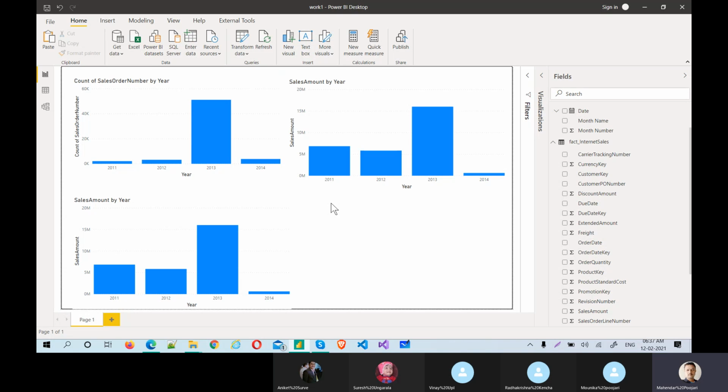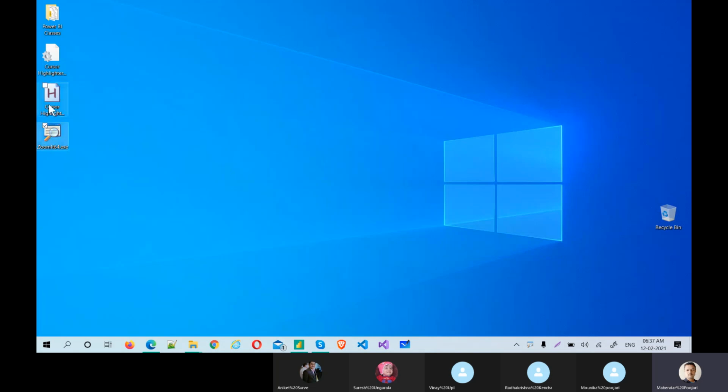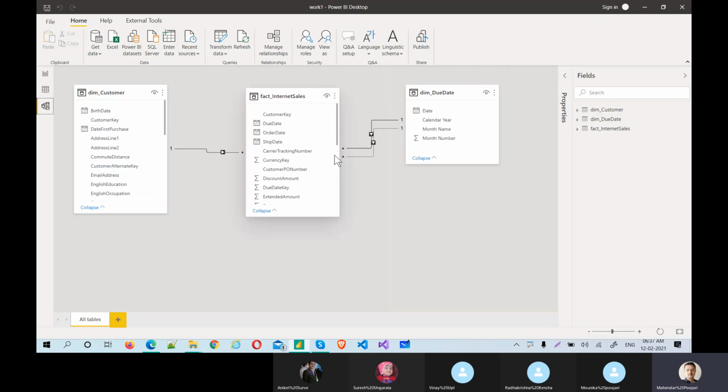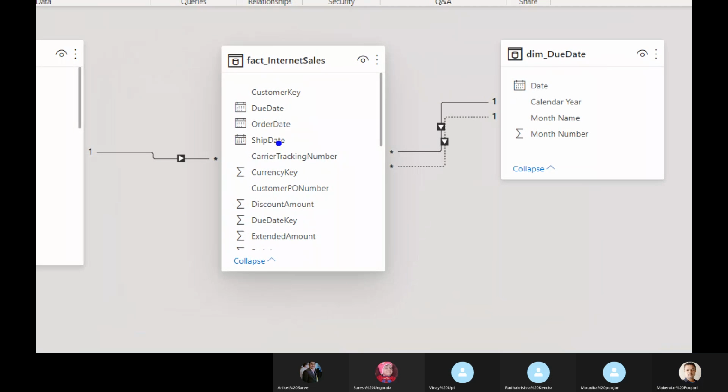How do you differentiate between inactive and active relationships? Good question. If you see this, let me open my tool. If you see this, there is a dotted line. This dotted line will tell you it is an inactive relationship.